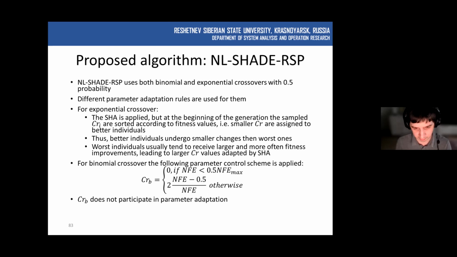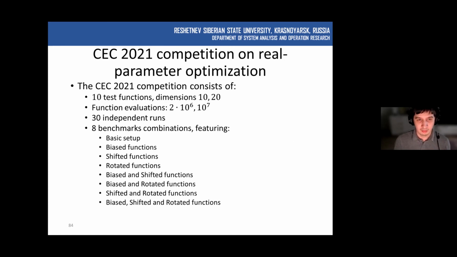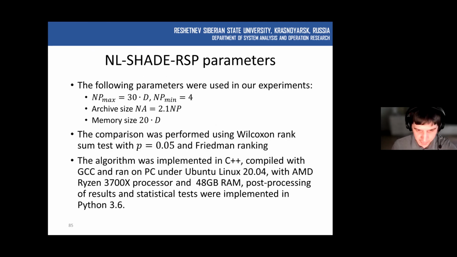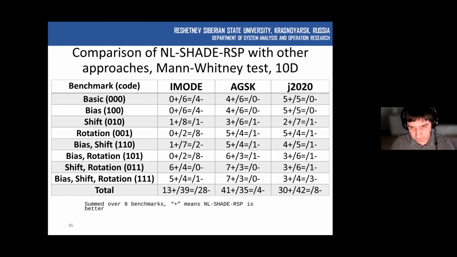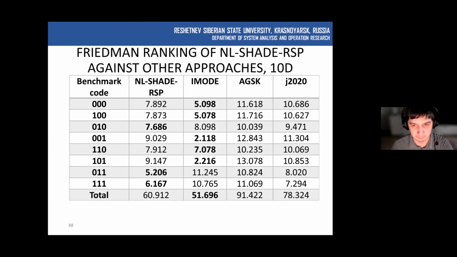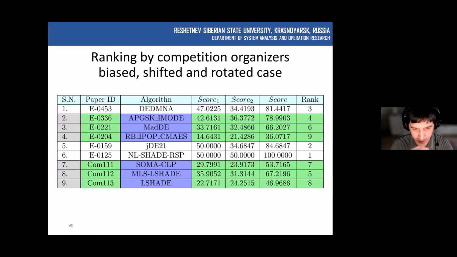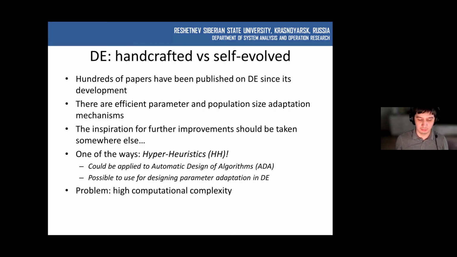So we came up with this idea. We submitted the algorithm, and we actually won this year. We were very happy about this. And okay, as I said, I don't have much time right now, but compared to these other algorithms from last year, we get very good results. And I will just keep this. And here, this is the final result by competition organizers. Actually, we were better than the second algorithm by 15% at least.